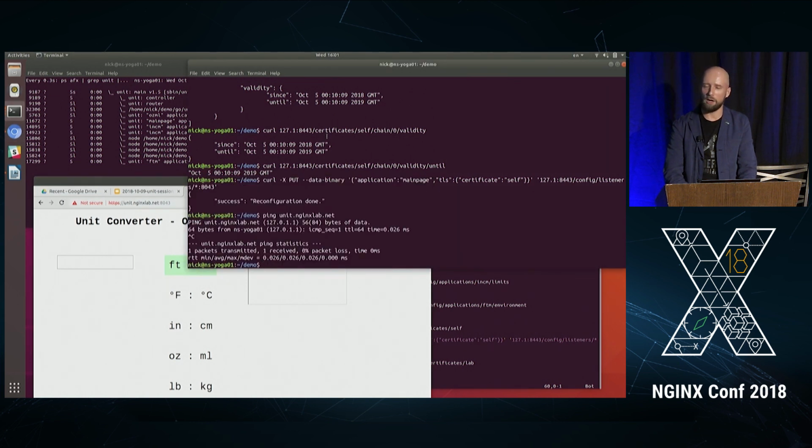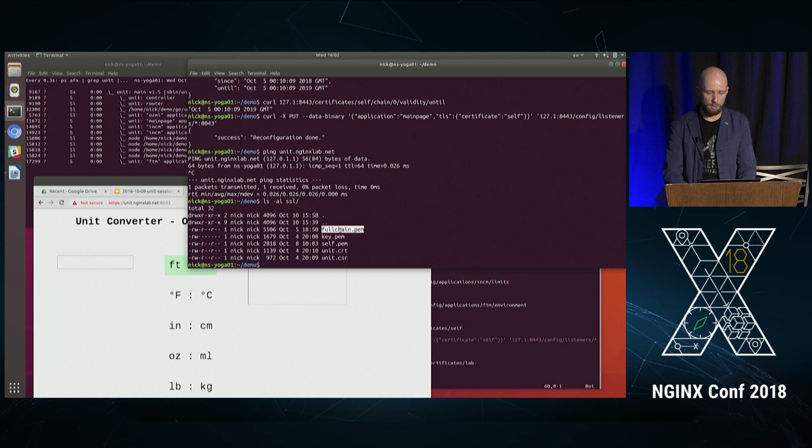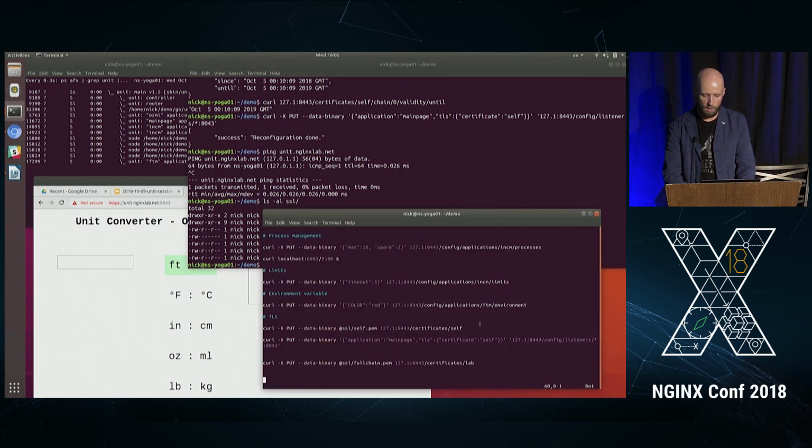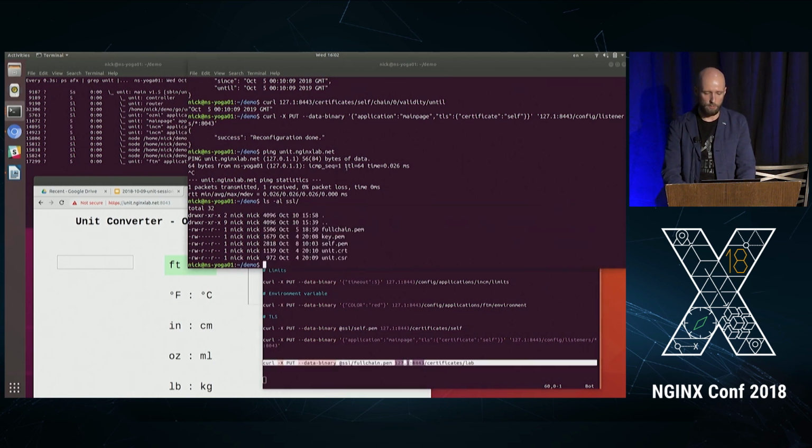But you know what? I think we're all serious people here, so we don't want self-signed certs. We want to make something more appropriate here for better use. I already generated a nice and simple Let's Encrypt certificate for that domain name, and I have it right there in the SSL directory. It's the one taken from Let's Encrypt, which I called the full chain PEM. What I'm going to do is add that full chain PEM as a different certificate with